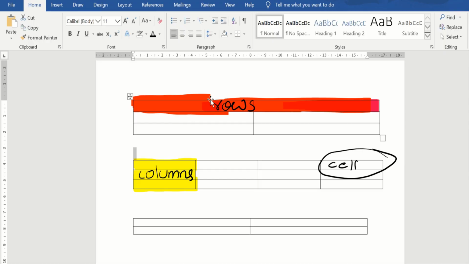Now you can see rows and columns here. From left to right section of the table is called rows. This one, the red highlighted part, and the yellow highlighted part, top to bottom part of the table is called column. Intersection of column and row forms the cell. Here, can you see? That one is the cell, and the other part of that square part is also called cell. Each cell